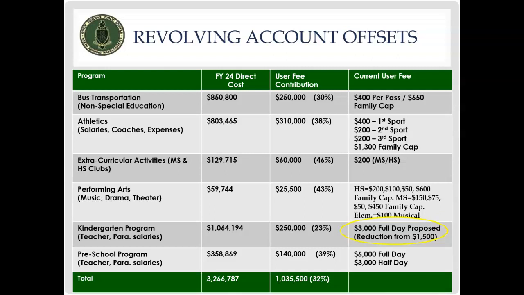Right now we're at $450,000, so a little bit more than that at the $3,000 proposal. And then preschool, you can see the full day and half day program, we bring in annually about $140,000, and that covers about 40%. So all in all, we're looking at a little over $1 million of these programs covering less than 35% of the direct cost of those programs.